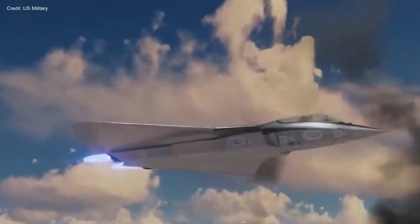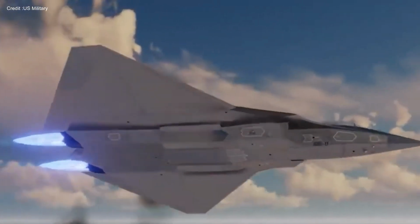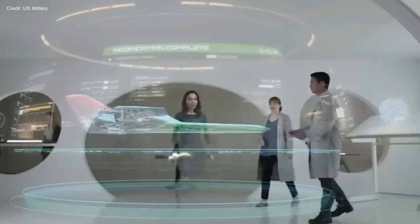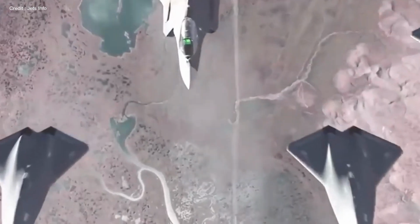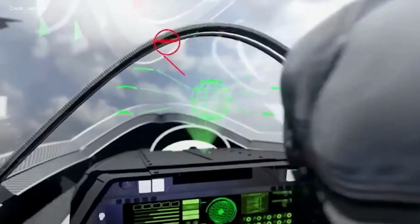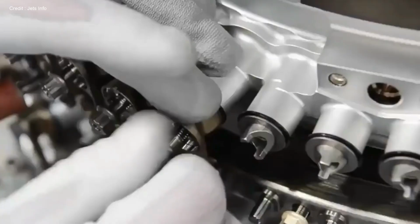Let's see what the new NGAD fighter can offer. The first feature that distinguishes the 6th generation fighter is its setup, which the Northrop Grumman engineers worked hard on. The aircraft, as a result, is the pinnacle of stealth, speed, and comfort. The fighter has been completely streamlined from the cockpit environment, both inside and out, and should serve as a technological